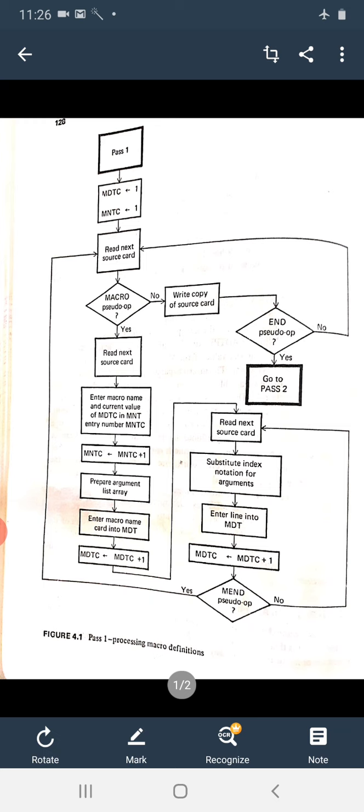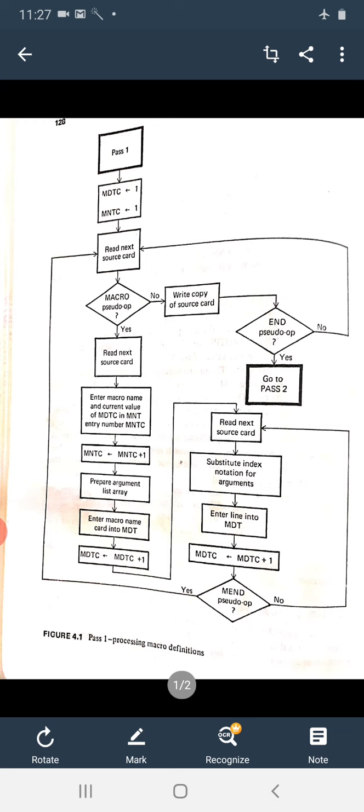not. If it is a pseudo op, then we need to define a macro definition, and the entire definition which is being specified between your macro pseudo op as well as the macro end is going to be stored into the macro definition table.